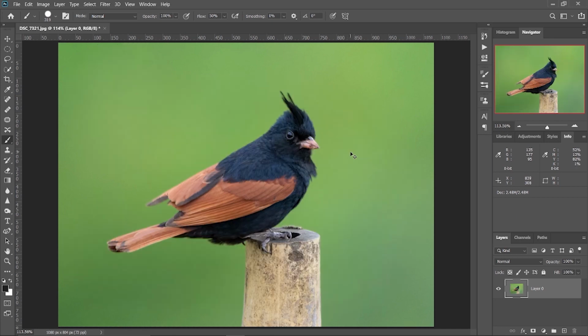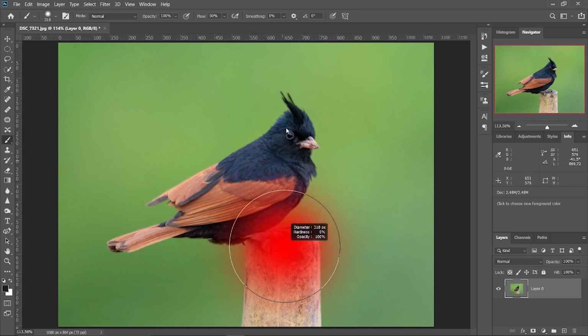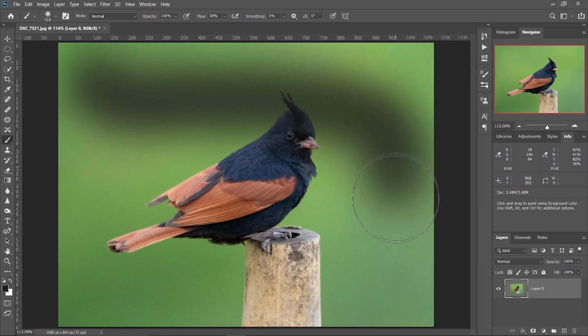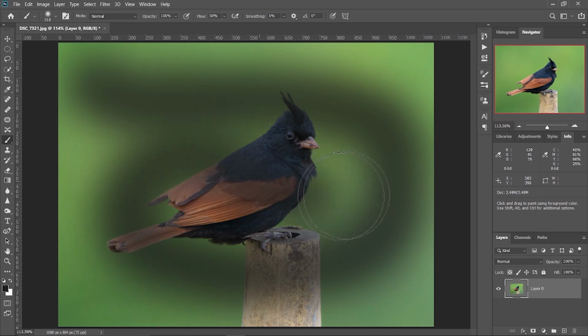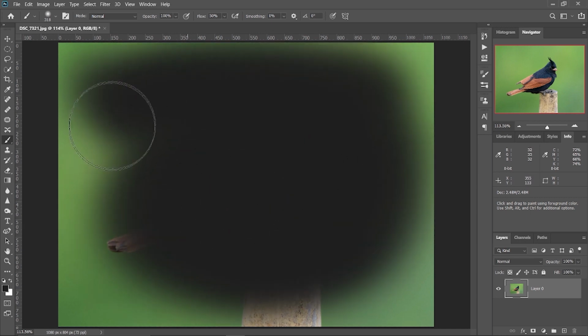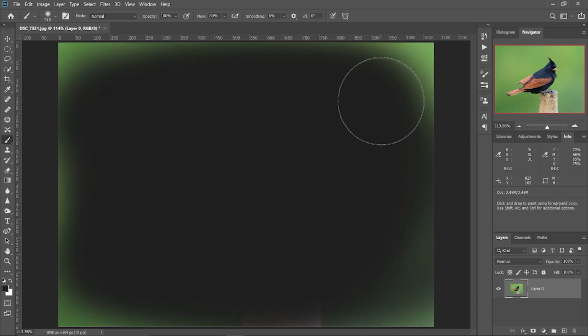If I undo it with Ctrl plus Z, then I'll Alt right click again, go up and reduce the hardness to 0%. Now I'll paint on, and now you don't see those particular circles. You don't see the harshness of the edges because the edges have been feathered. That is shortcut number 8 and shortcut number 9.